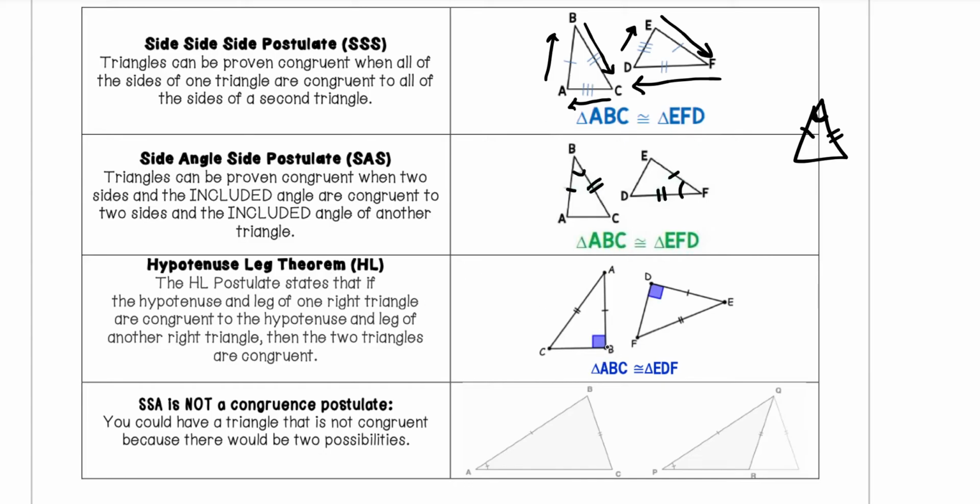So, for example, in this drawing, we can see our right triangles are marked. When we look across from the right angle, that is called our hypotenuse. So this side right here is the hypotenuse. And we can see that the two hypotenuses of these triangles are both marked with two tick marks, which means they're congruent. Then we have another side on our triangle. Since it's not the hypotenuse, it's called the leg. The other side is also called a leg, but we can see that these two legs are marked as congruent